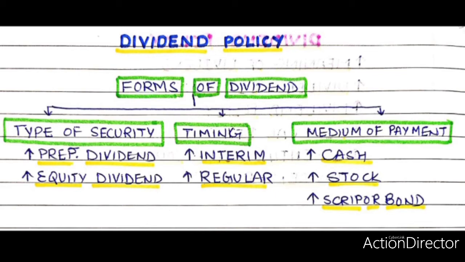Stock dividend or bonus shares. Sometimes a company cannot pay dividend in cash due to shortage of liquid funds in spite of a large amount of reserve and surplus. Under such circumstances, the company issues new shares to the existing shareholders in lieu of paying dividend in cash. Such shares are known as stock dividend or bonus shares.